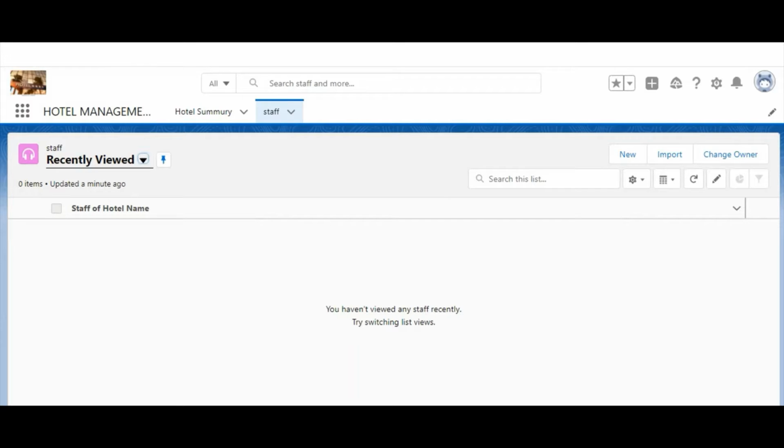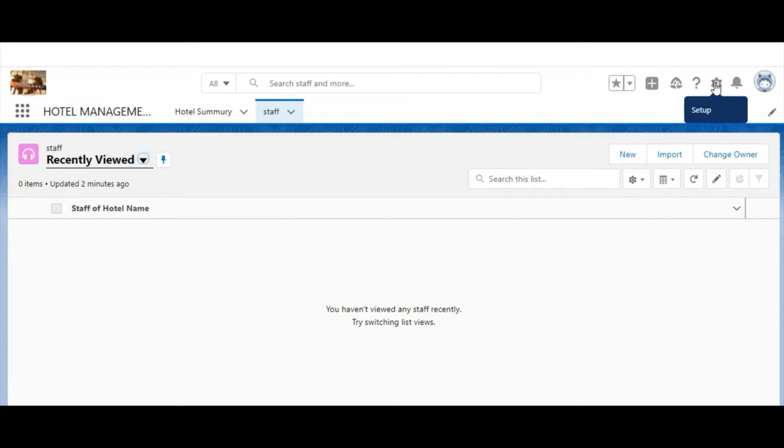So we will learn what a roll-up summary is. Roll-up summary fields in Salesforce summarize data from a set of related detail records and automatically display the output on the master record. These can be used to display the sum, maximum, or minimum value of a field in a related list, and also help us count all the records listed in the related list. Now, to see how we can create a roll-up summary, we'll watch the demonstration.